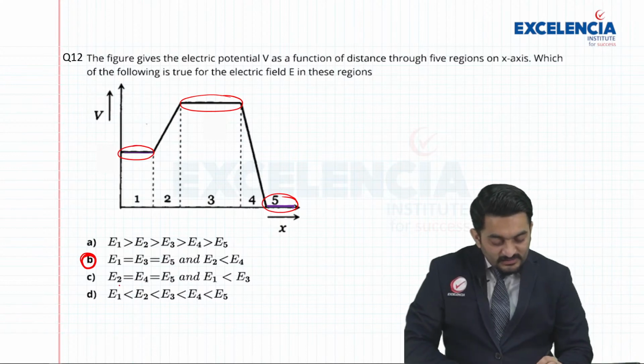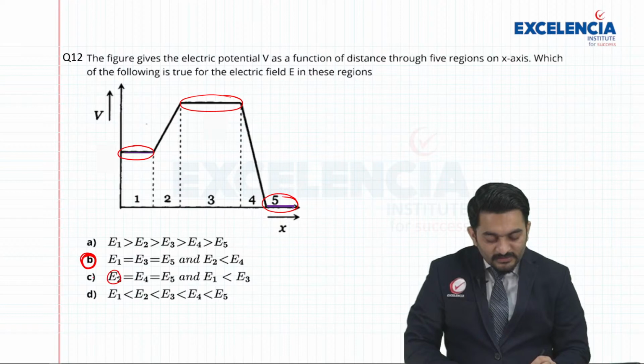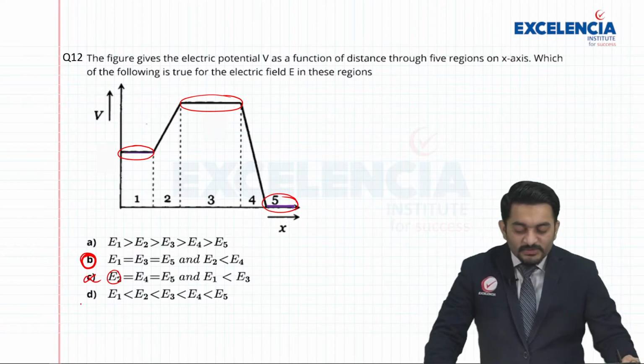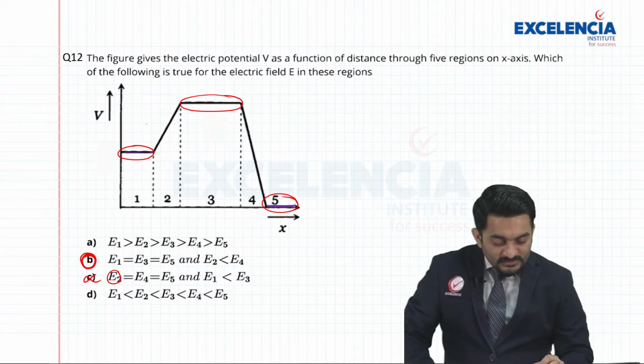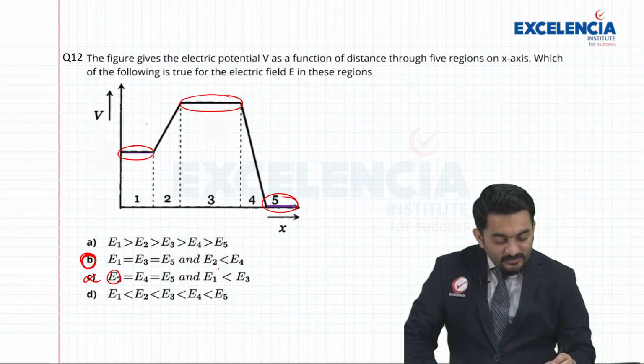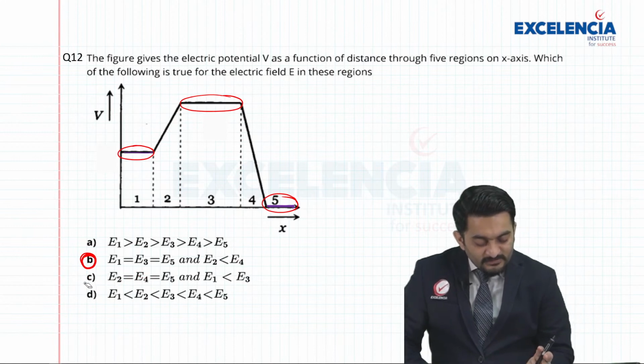This is E2, E4 and E5. E2 definitely not possible over here. This option cannot be correct. So E4 also is okay. Let me tell you one more thing. We have